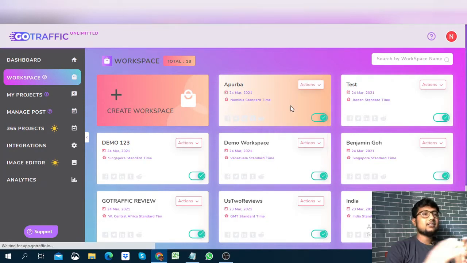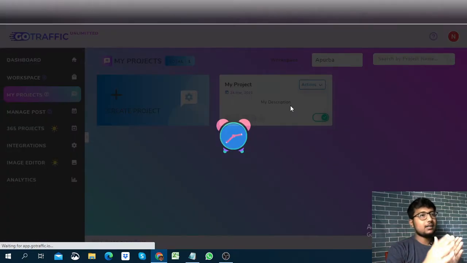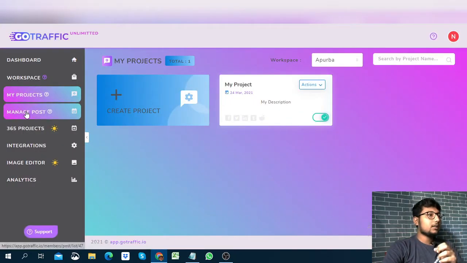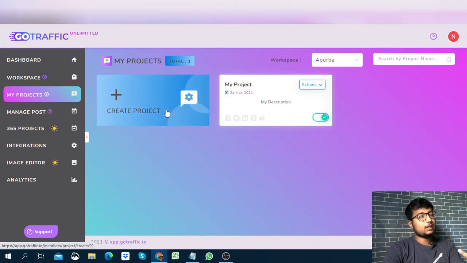So I can add as many projects as I want. You can click manage project here, and you can also add a project in this workspace, but I can create my project in this My Project section also. So I just create a project here.